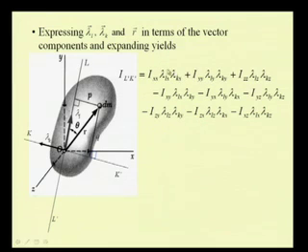So, we have this I L k, or the product of inertia of this mass with respect to these axes, is equal to I x x times lambda L x lambda k x plus I y y times lambda L y lambda k y plus I z z times lambda L z lambda k z. Then we have the product terms, that is minus I x y lambda L x lambda k y minus I y x lambda L y lambda k x minus I y z lambda L y lambda k z, and again